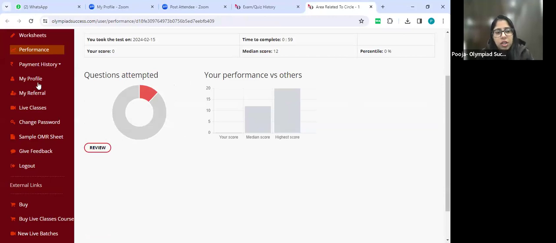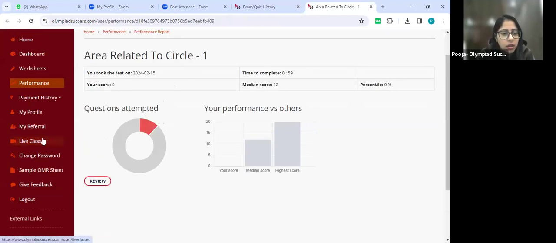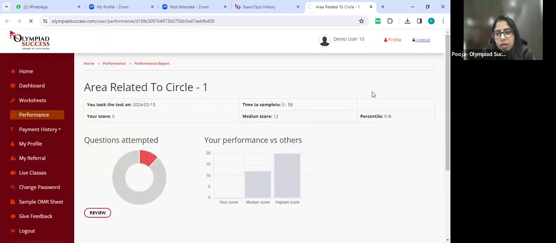So this was a tour of the worksheet, performance and live classes, wherein you get your reading material as well as your practice answer keys and question papers. Here you can log out and move back to your routine. Let me stop sharing my screen. Hope I'm clear to everybody. If anybody is still having any doubt related to the dashboard tour, feel free to put your questions in the chat box. We'll be happy to answer your queries.